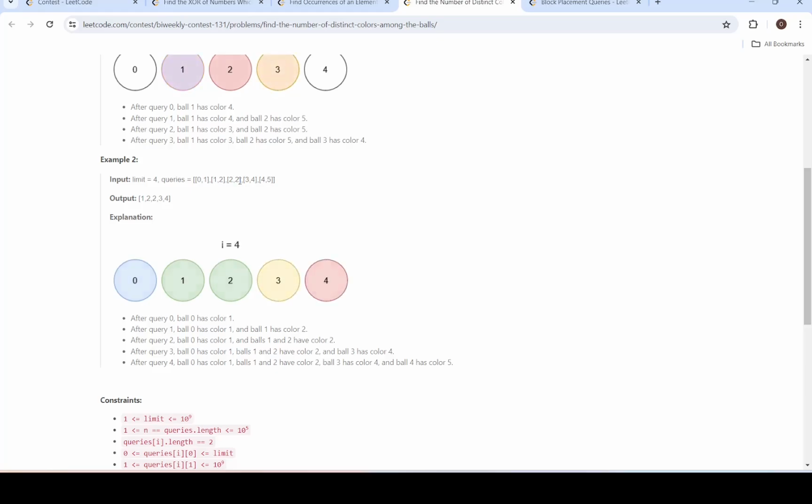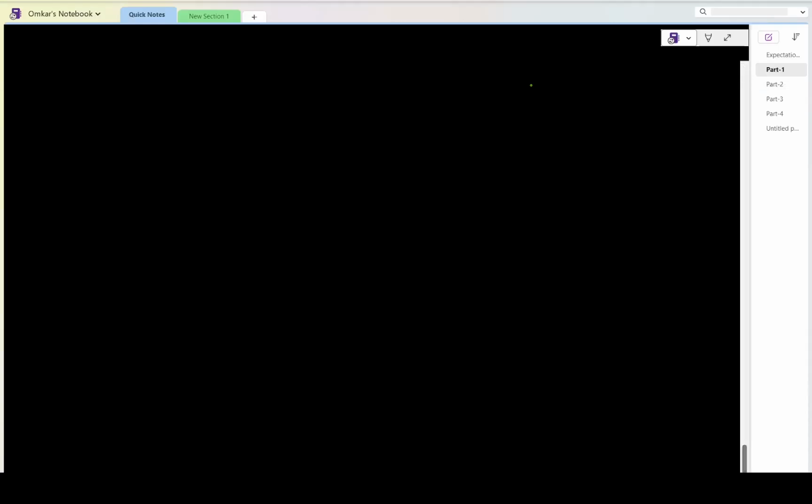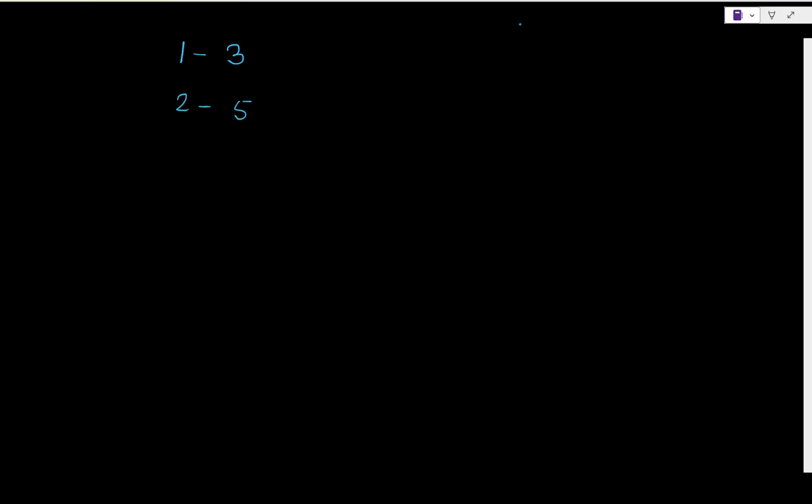So multiple solutions might pop up in people's minds, but there can be a lot of side edge cases. So just to appreciate why I think this is a good problem, let's say you colored the first ball with some color, let's say 3, then you colored the second ball with 5, the third ball with something like 7. So one might be tempted to say that if we haven't seen a color, just add it to the distinct set, and if we have seen a color, then don't add it. But that's of course not a viable solution,